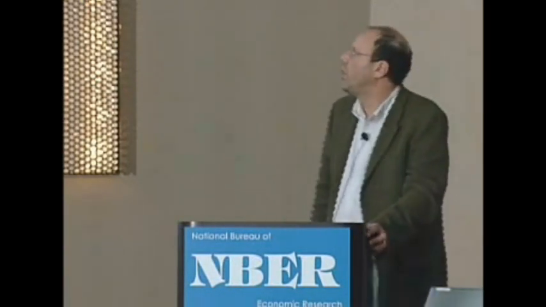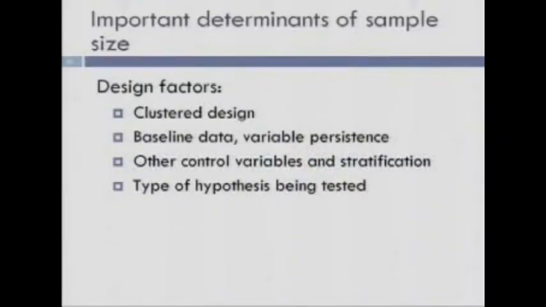Okay. What are important determinants of sample size? Clustering has come up before. I'm going to say a little bit more about that, but I'll be brief. I'm going to skip over these formulas. Let me just show, clustering really means you need a lot bigger. In many cases, you'll need a much, much bigger sample. Okay, 5 times. You can only detect an effect 5 times bigger.